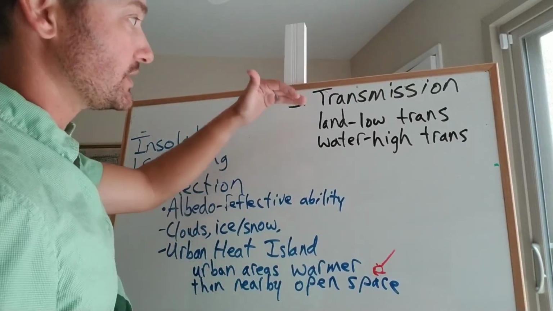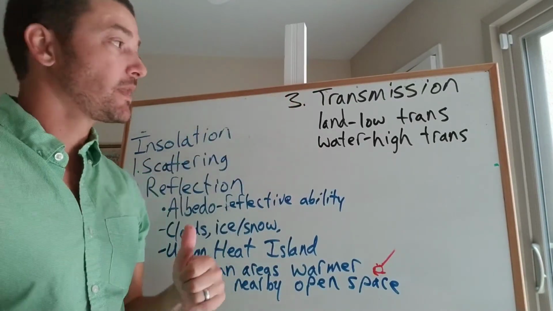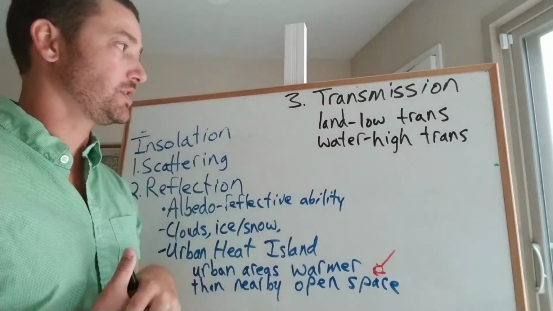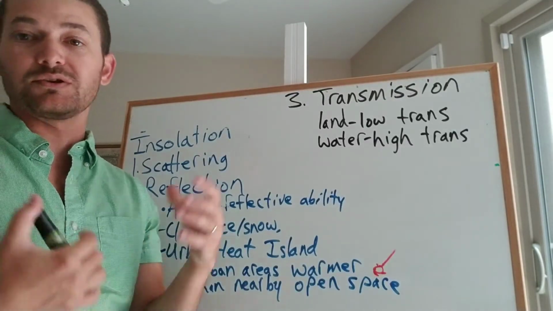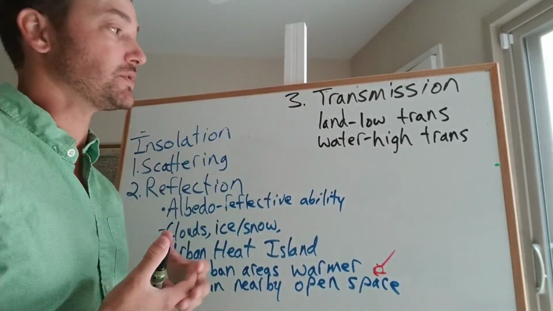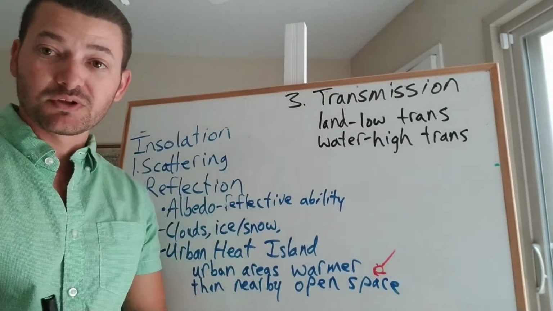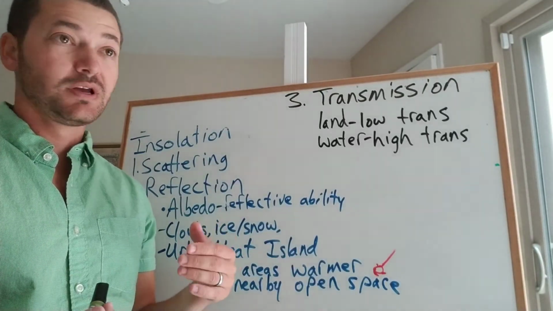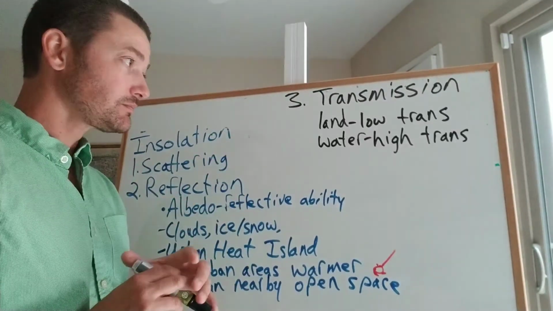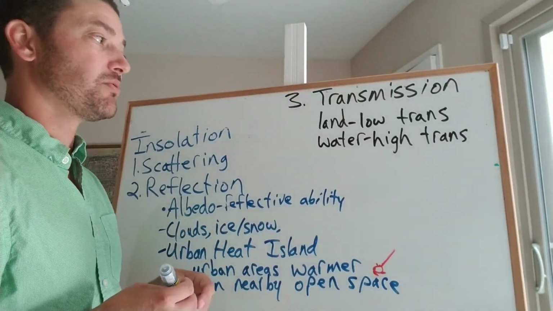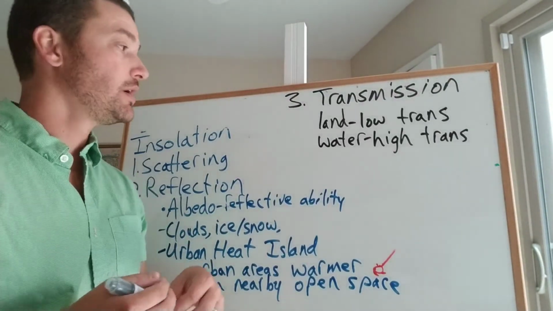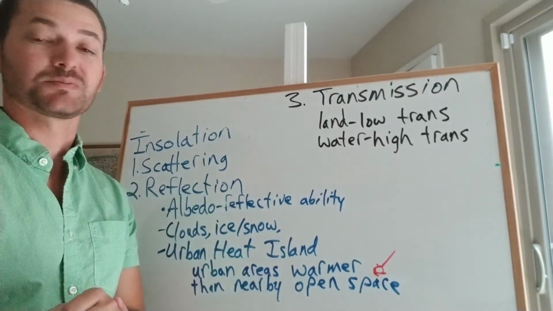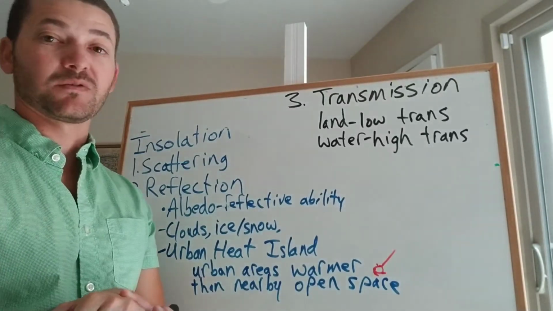Now, what this actually does is make it so that land areas have a big difference between daytime and nighttime. They have high daily temperature variation: during the day it's going to be hot, and at nighttime it's usually going to cool off, so you need a jacket. Water, on the other hand, doesn't really change much at all between daytime and nighttime. It's pretty much the same temperature daily. And most bodies of water, big ones, are pretty much the same temperature year round, except maybe in a really, really cold place or a really, really hot place. But California's oceans only change by a few degrees